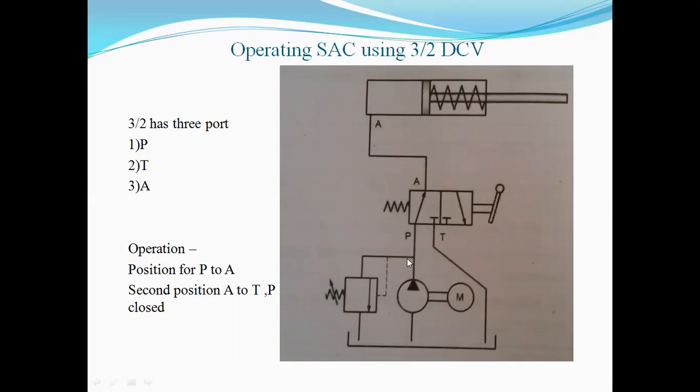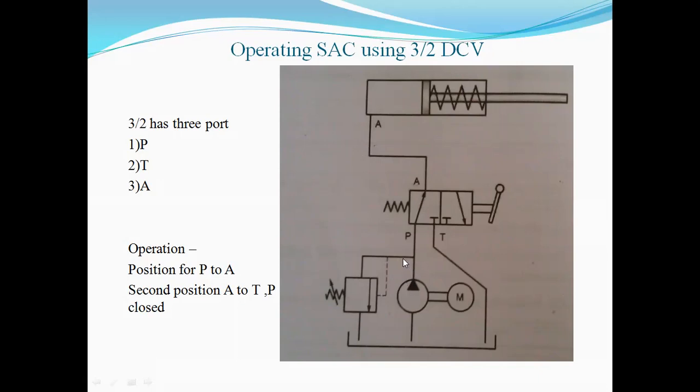So due to that, it will open this pilot line. This pilot line will open at a predetermined pressure. So if you consider the pressure required for this particular application is say 50 bar, then the regular 50 bar pressure will flow towards the actuator, and this pilot line will open at a pressure of say 70 bar.